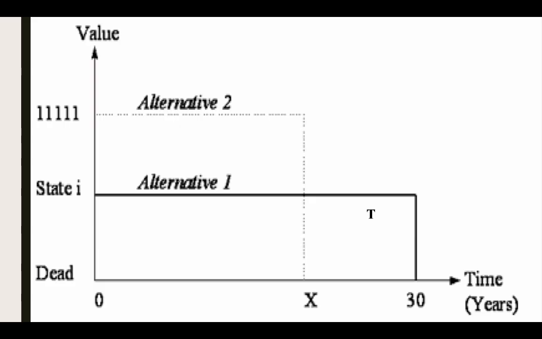So to visualize this, I've got this state I. Dead is dead, but state I is I'm in poor health, but I can live for 30 years. And I'm perfectly happy living for 30 years, given some little poor health state. Maybe I have high blood pressure, maybe I have high cholesterol, maybe I have acute coronary syndrome, something like that. But I can live for 30 years in some sort of state of poor-ish health, or I can go